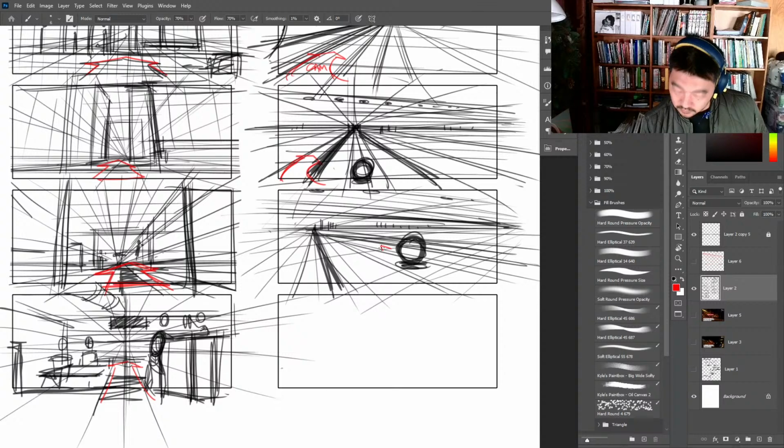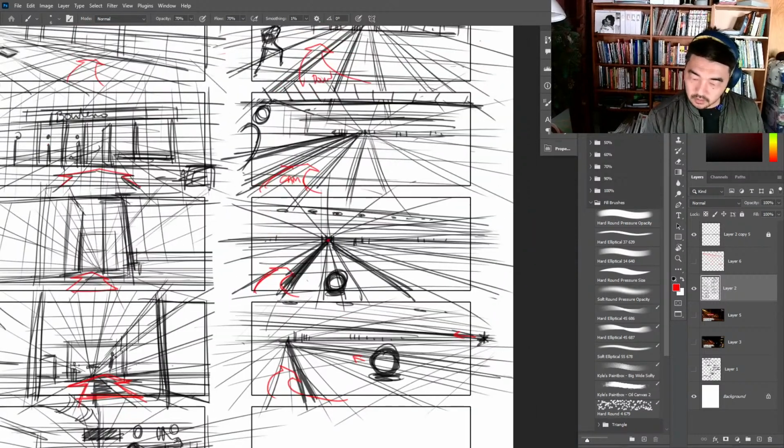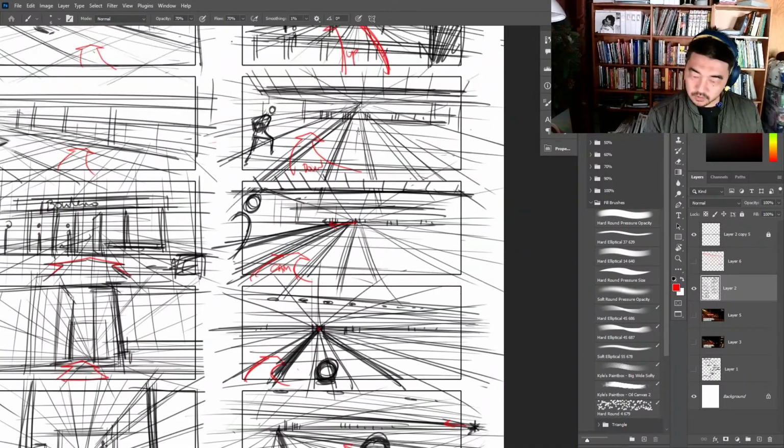And this ball is moving this way, and we are going to keep on moving like this. We're going to keep orbiting around it. And now we're moving this vanishing point this way.